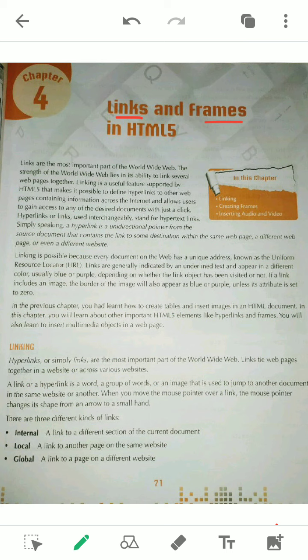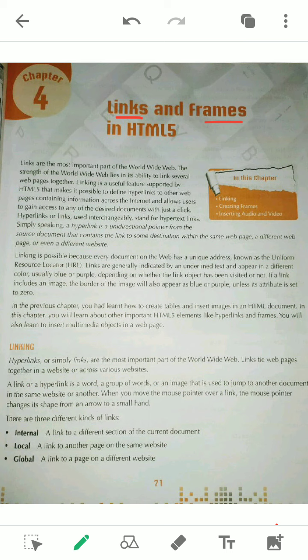The next topic is frames. This topic is a little bit different. Here we are viewing one page at a time. Say you have made 4 or 5 HTML pages, and we view them one by one. Frames will allow all the pages to display on the same screen. We'll discuss how frames work.